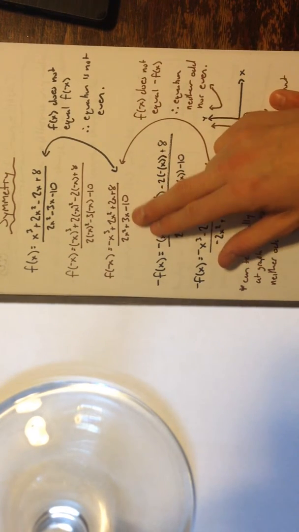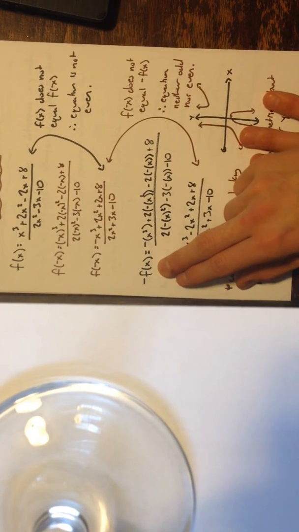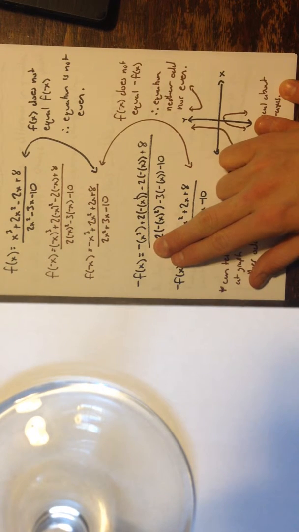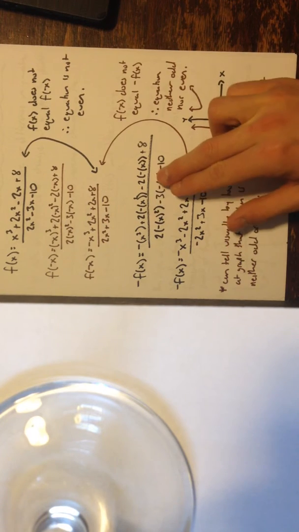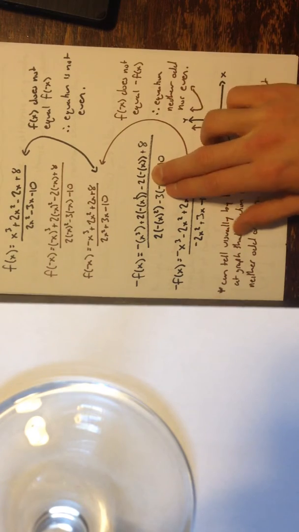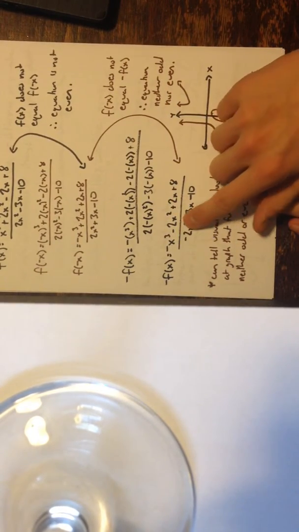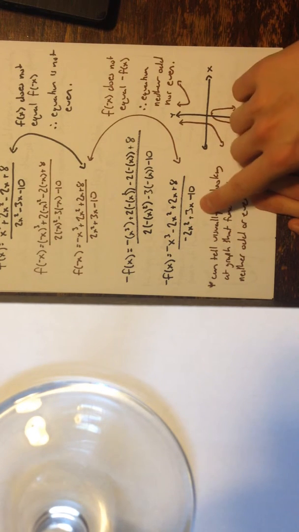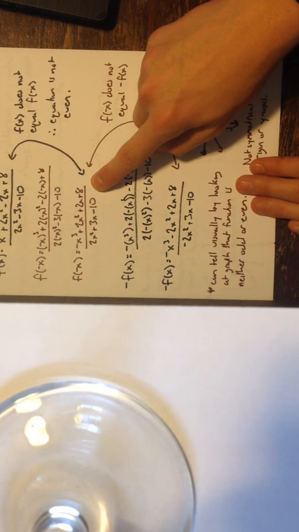So now that we have what f of negative x looks like, we're going to try to find negative f of x. So here we're going to have x cubed then made negative. We're going to have 2 times x squared then made negative, and then we're going to have negative 2 times x then made negative, and the same throughout the whole equation. What we're left with is negative x cubed minus 2x squared plus 2x plus 8 over negative 2x squared plus 3x minus 10. And if we look back to f of negative x,